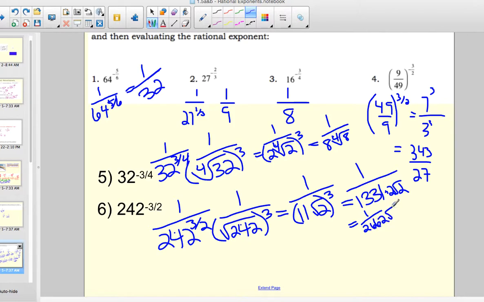And then root 2. Which actually, sorry, that's not your final answer, because you might see here you have a square root in the denominator, so you're going to need to multiply by root 2 over root 2 to get rid of it. So your final answer would be root 2,